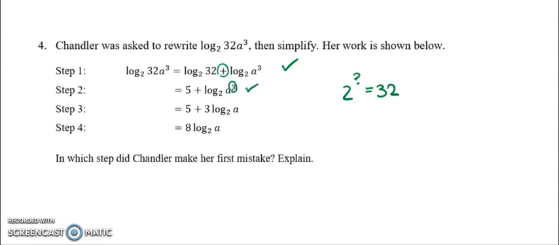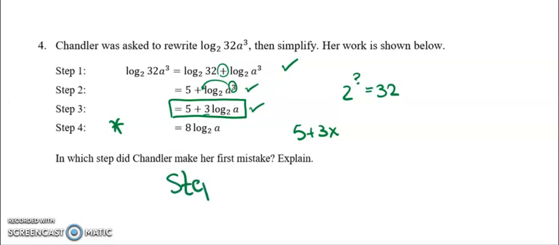And then the next step, it looks like she took the exponent and dropped it out front as the coefficient. That's good. So step 4 is where she made the mistake. What's her mistake? She added the 3 plus the 5. Can't do that. Those are not alike. This is like adding a 5 plus a 3x. Not alike, cannot combine them. So we would actually stop there. That would be our final answer. Okay. So she made her first mistake in step 4 because she tried to combine like terms, but they were